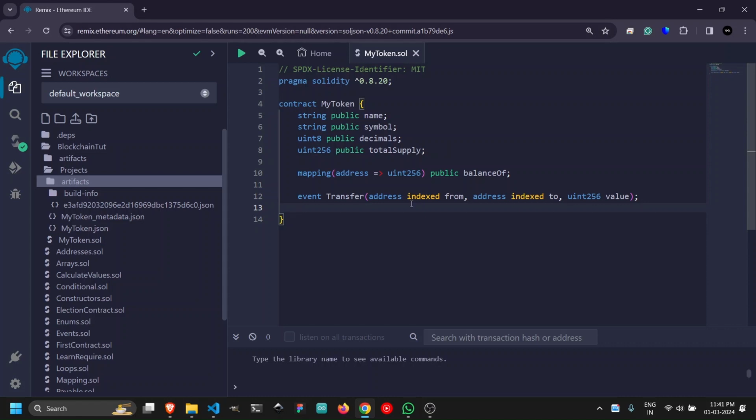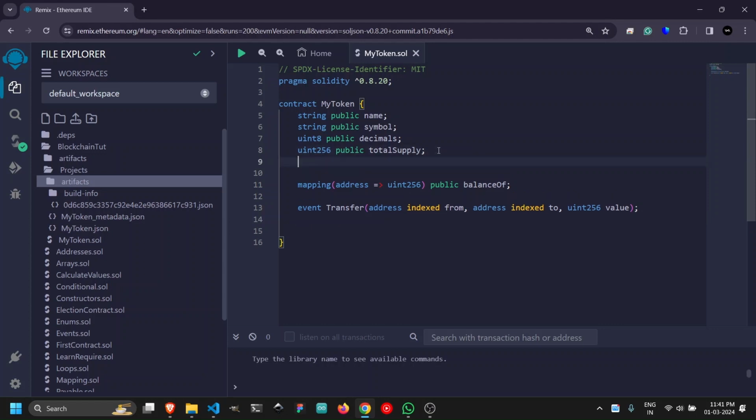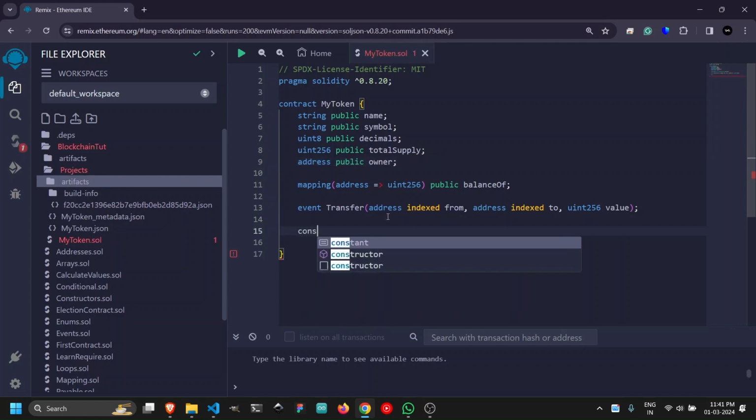Okay, so now it's time for the constructor. What we're going to create is a constructor, and for now we are going to create an owner for our token that holds all the balance initially. So I'm going to name it owner. Okay, so this is it. Now create the constructor,